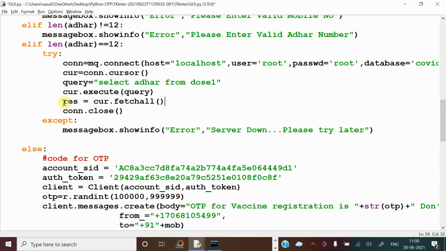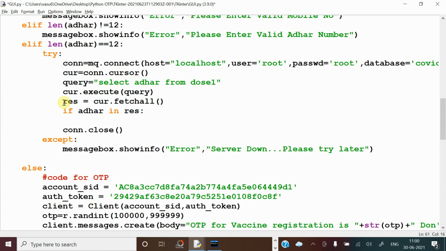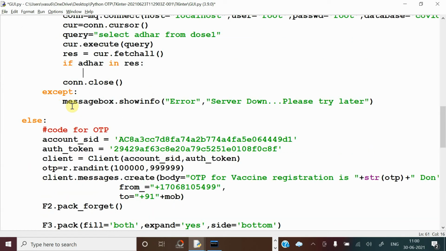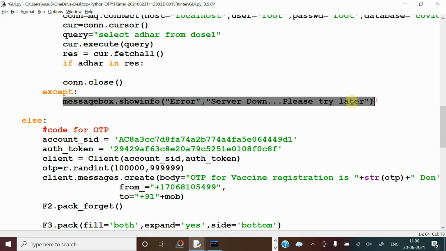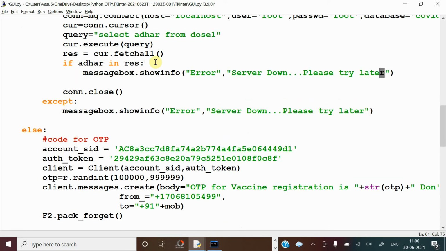Now what you have to do is check a condition. If Aadhaar in result, if it is present in the result set. Now you can keep one message box like this: Already registered for vaccination.